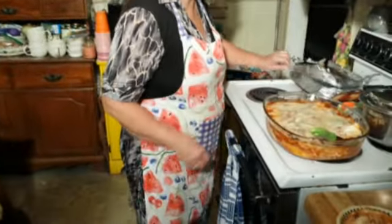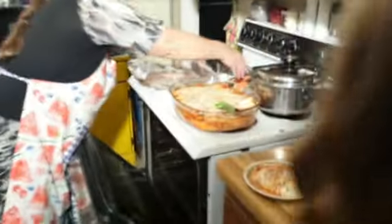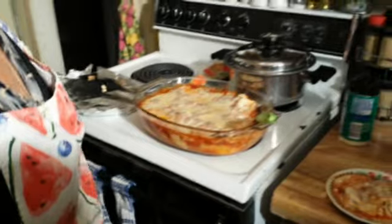And we have another pan. I'm going to bake this other pan too, so let me put that other pan in there real quick. Can I have a taste? Yeah, go ahead. It's good. Watch that, Sadie, honey. It really is. So you had a little bit left over, so you're going to do another pan, and